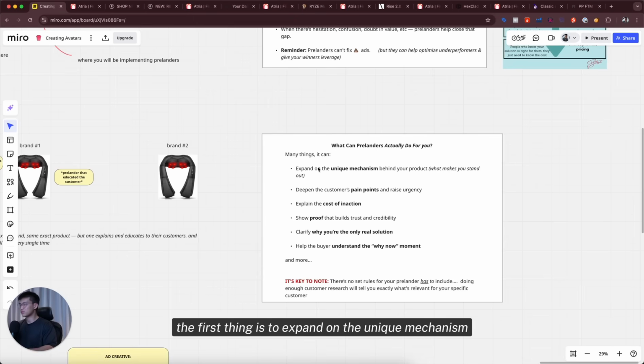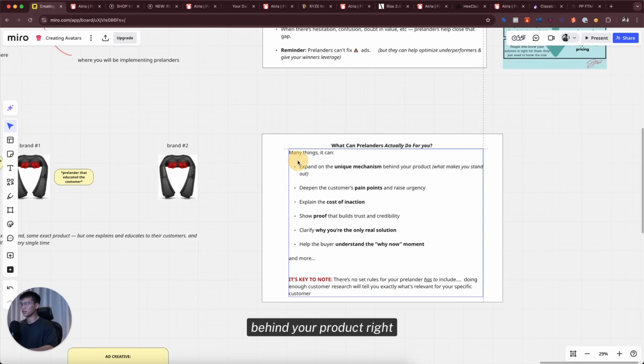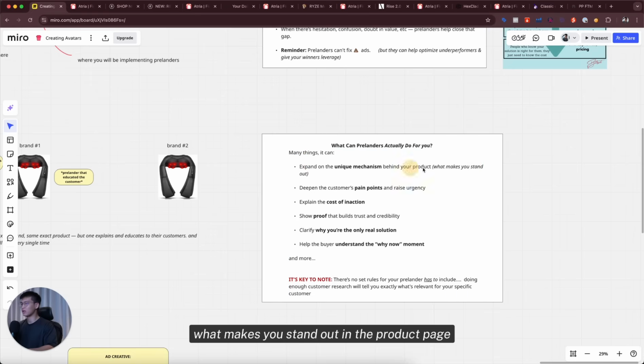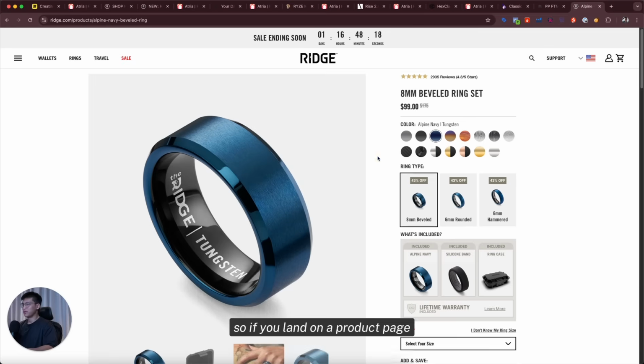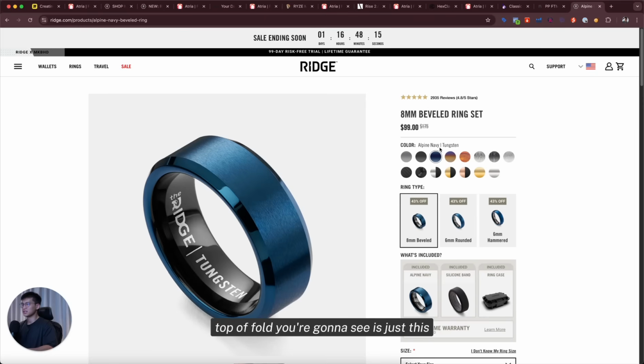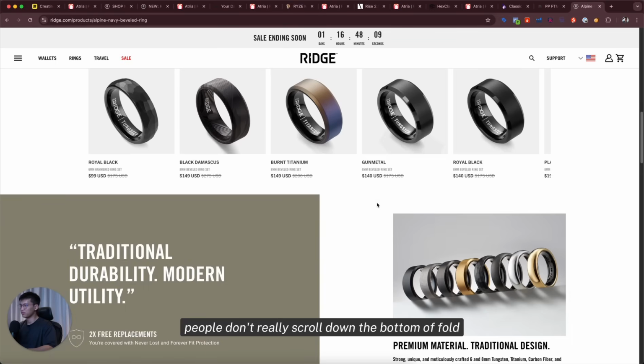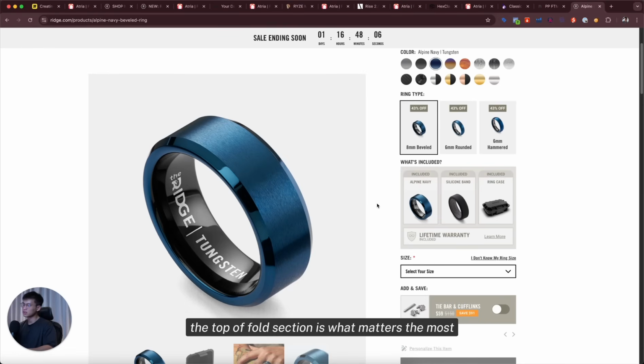The first thing is to expand on the unique mechanism behind your product. What makes you stand out? On the product page, people really care about just the top of fold section. So what does that mean? If you land on the product page, the first thing at the top you're going to see is the product, the color options, the price. People don't really scroll down to the bottom. The top of fold section is what matters the most. So they look at this and they're not going to be intrigued to scroll down to figure out why this product is better. Whereas if you create a listicle,